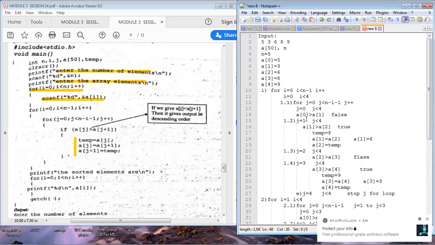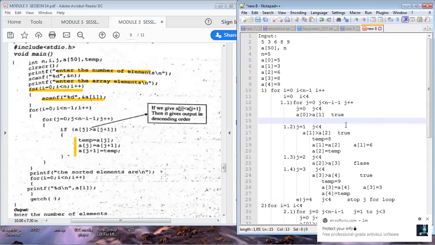So 5 and 3 is already swapped because in the first position itself, it should be swapped. I'm sorry. A of 0 is greater than A of 1. No swap. A of 0, comma A of 1.